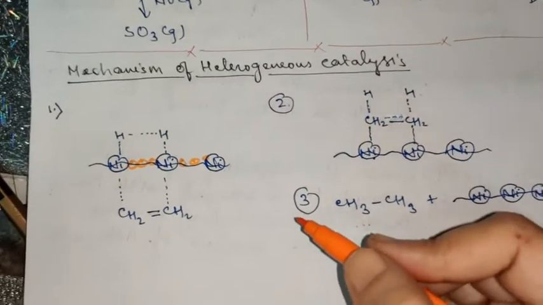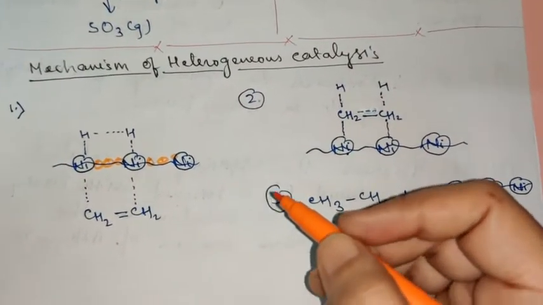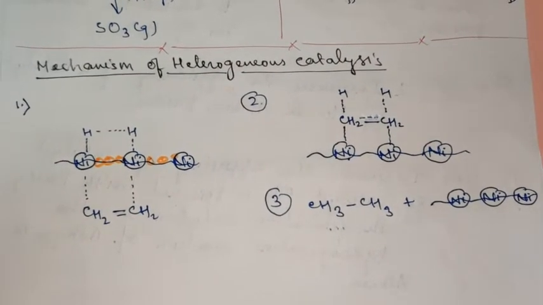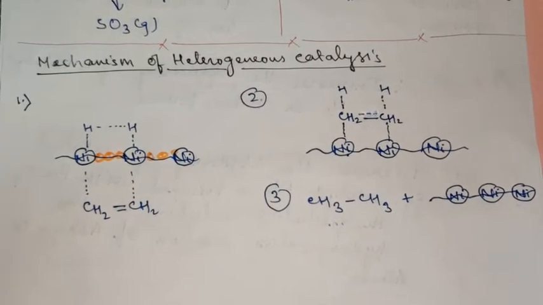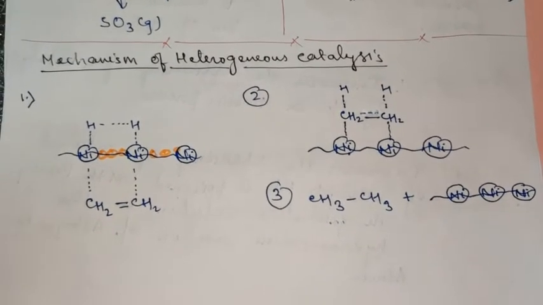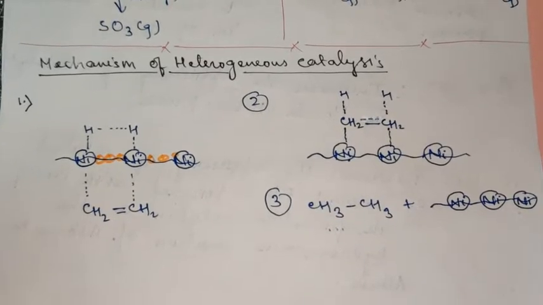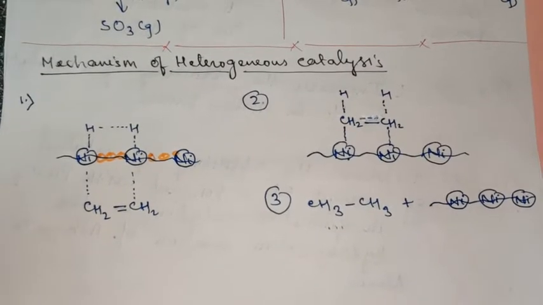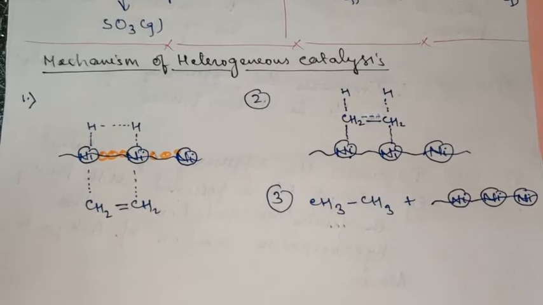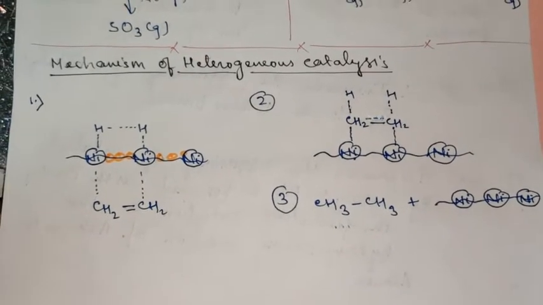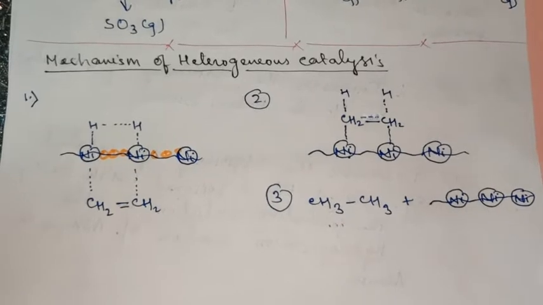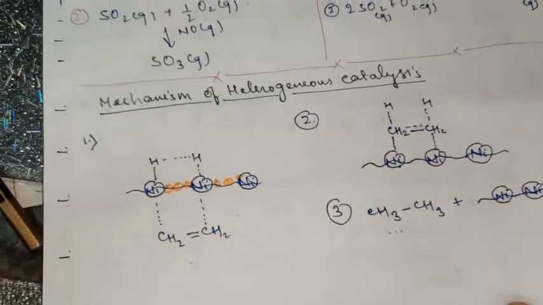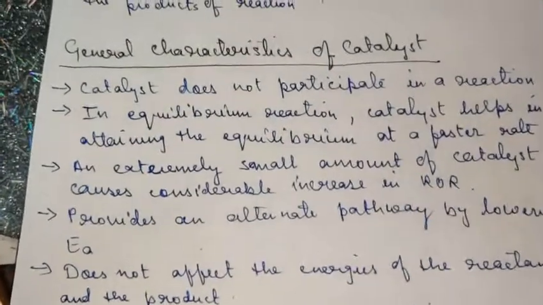You can consider a very simple example of carbon monoxide poisoning in blood. If carbon monoxide is inhaled, then what happens? Hemoglobin, instead of binding to oxygen, starts binding with CO, because the affinity of hemoglobin for CO is more in comparison to its affinity for oxygen. So obviously the availability of hemoglobin for oxygen is very less. So in that case, CO is acting as a poison. This is how a poison functions. That is why it is known as carbon monoxide poisoning. So I hope it is clear, children.